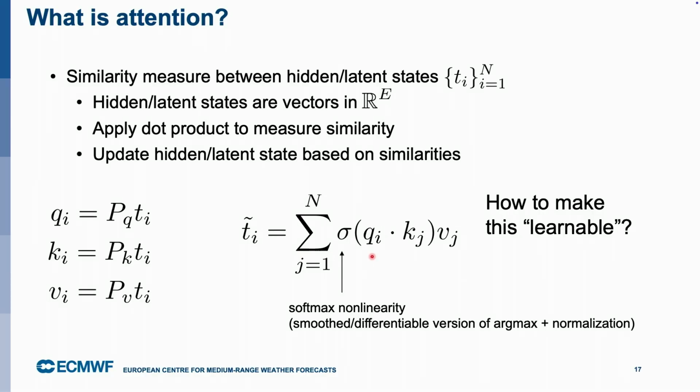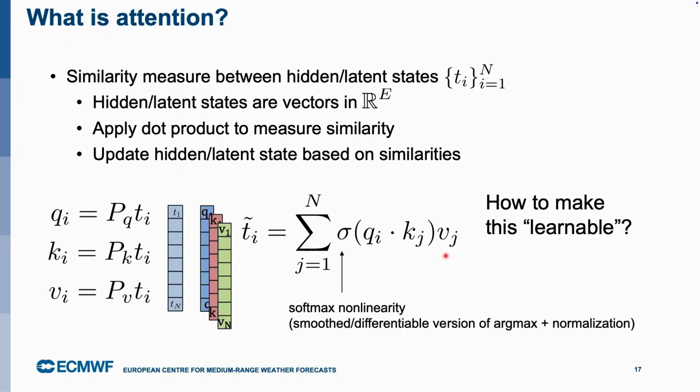So we have queries, which we multiply with keys, and the result of those is normalized by the softmax, and that's what we eventually multiply with the values. And this is basically our learnable attention mechanism. Visually illustrated here, we see our tokens, Ti. Then we multiply each token with the PQ, PK, and PV matrices. So we have 3 times the tokens, where the first set of tokens is the queries, the second is the keys, and the third is the values.